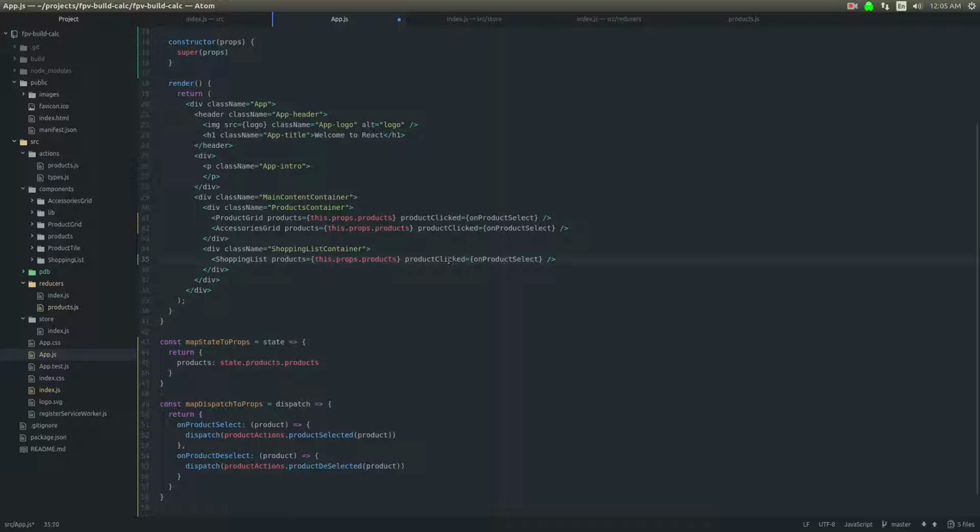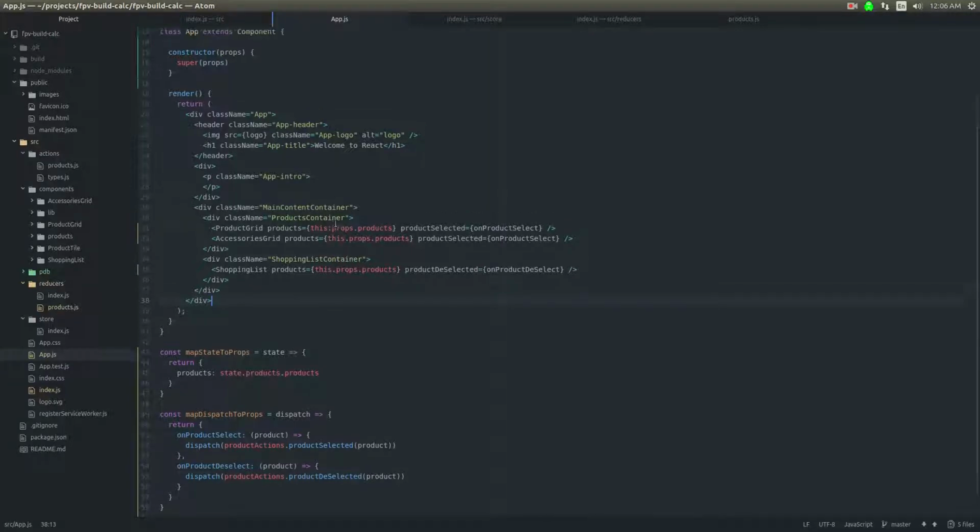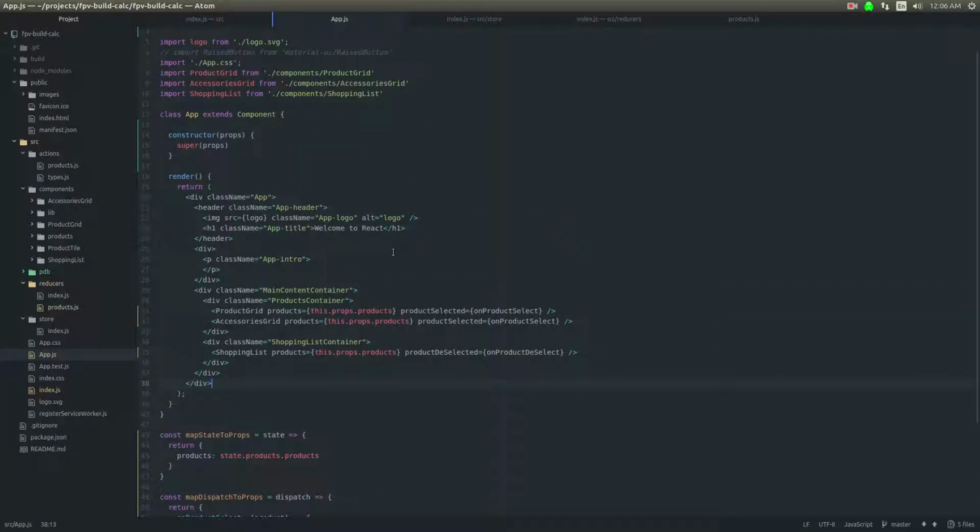we can actually do, let's do product selected. Product selected. And then product deselected. On product select and on product deselect. All right, so this is kind of how we want to wire it up, and I'm going to be really surprised if this works, but it could. So I'm going to go ahead and just wire this in here,